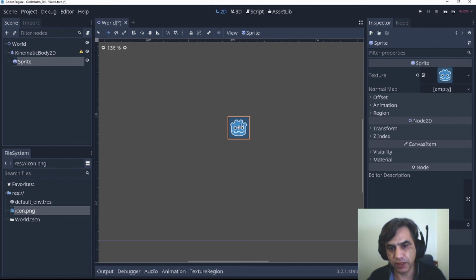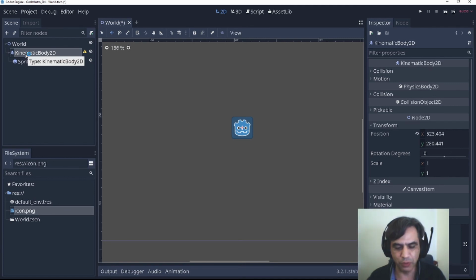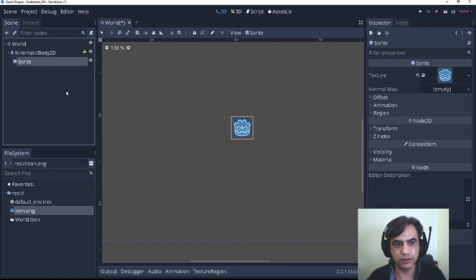So I usually say this: the sprite is what you see, the outside, the kinematic body is the soul, it is what is inside. If you want to move your sprite, you need to move your kinematic body. If you press a key, the key is handled on the kinematic body, but what you see, in the end, is going to be the sprite.